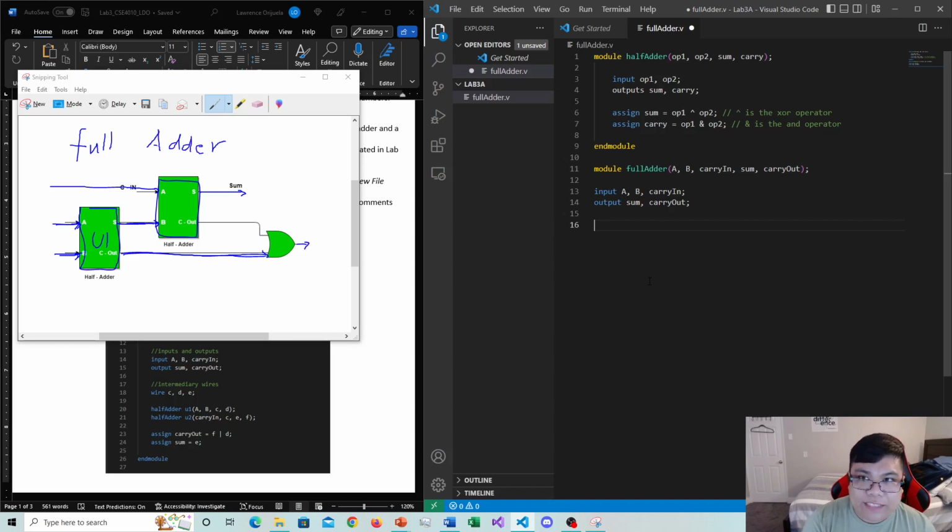So let's create our first half adder. So we're going to say half adder. Now we need to give this circuit a name. So I'm just going to call it U1 because I did so in this diagram. So U1. Keep in mind that these are just variable names. You could actually name this half adder anything that you want, but I just decided to call it U1